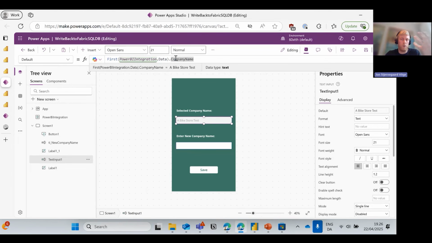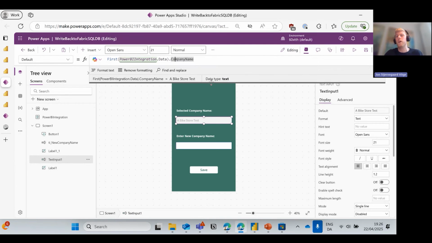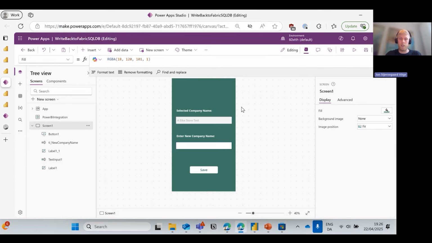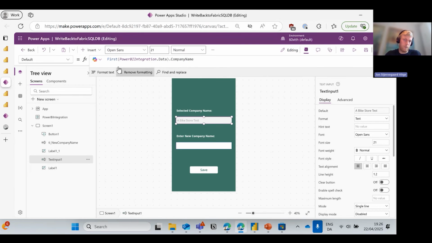And I can now use some Power FX. And of course, this requires familiarity with Power Apps. So I won't necessarily bore you with all the details. I'll expect you to be able to follow what I'm saying, but you will need to experiment a little by yourself, right? So what I'm doing here is just saying, well, for this label, a label in Power Apps cannot accept a full table as a data point. So I need to explicitly say, well, pick the first object in this data table